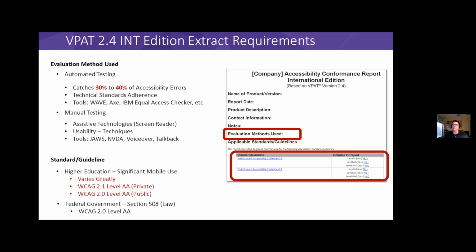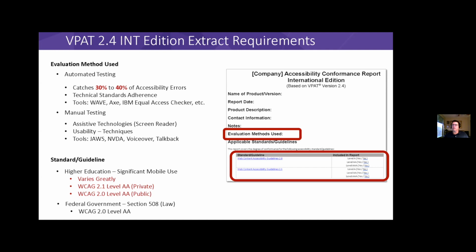So the private universities are thinking very hard about what do our students use when they come on campus. They're using mobile phones. They're using fewer tablets, mostly mobile phones. And they said, that is so important to us, we will adopt a higher standard so we can check and see if it's behaving properly on a mobile device. And there's lots of people out there, George Washington University, Syracuse, Harvard. I mean, all of them have adopted a 2.1 stance, and I could go on and on. But people that step to 2.0 that are in the university space, University of Texas, University of California,